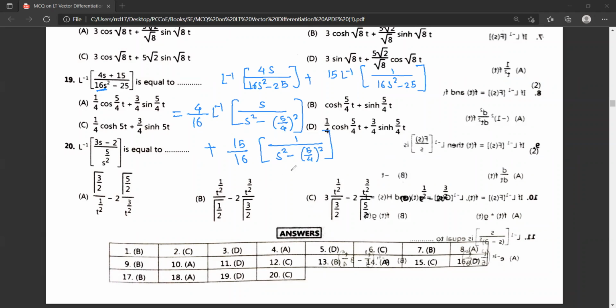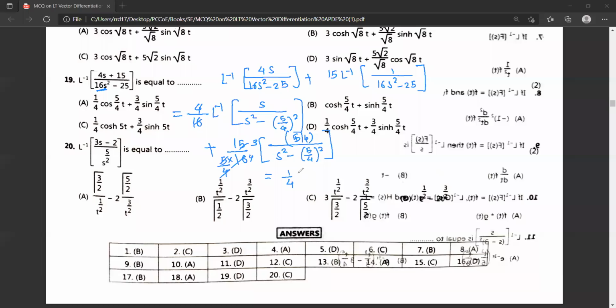Okay, but now a very important thing. Here there is nothing, so we need to adjust the 5 by 4 term. I'm going to adjust 5 by 4 here and divide it by 5 by 4. If you do the calculation, this is 4, here 4, and this is 3 here. Here it is 1 by 4. So what is the answer going to be? It is 1 by 4.